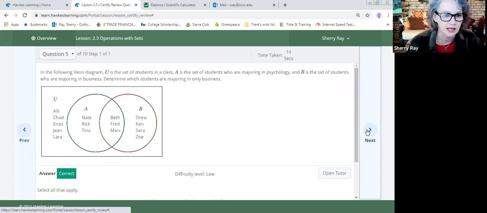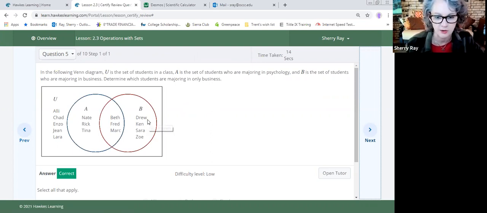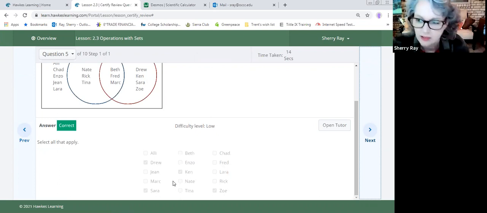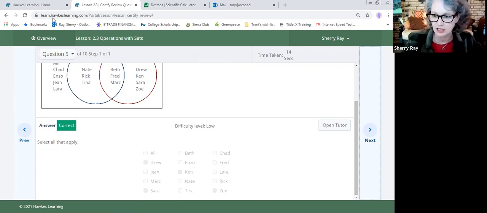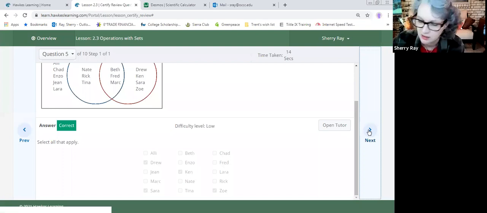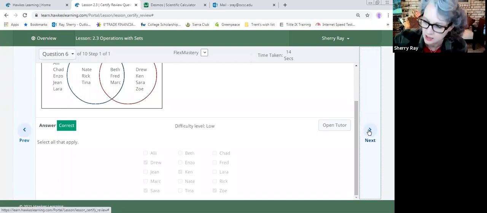And this one, determine which students are majoring only in business, and the set B is for business. So that would be Drew, Ken, Sarah, and Zoe, and I have those marked below. And on the next one,